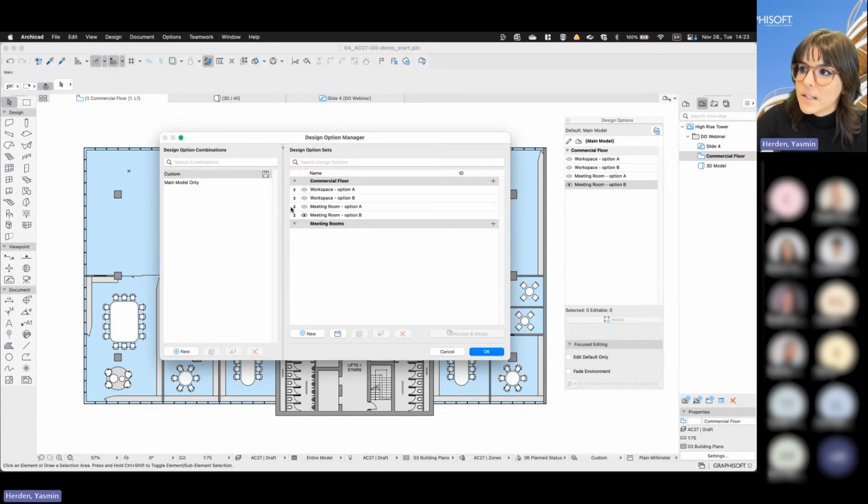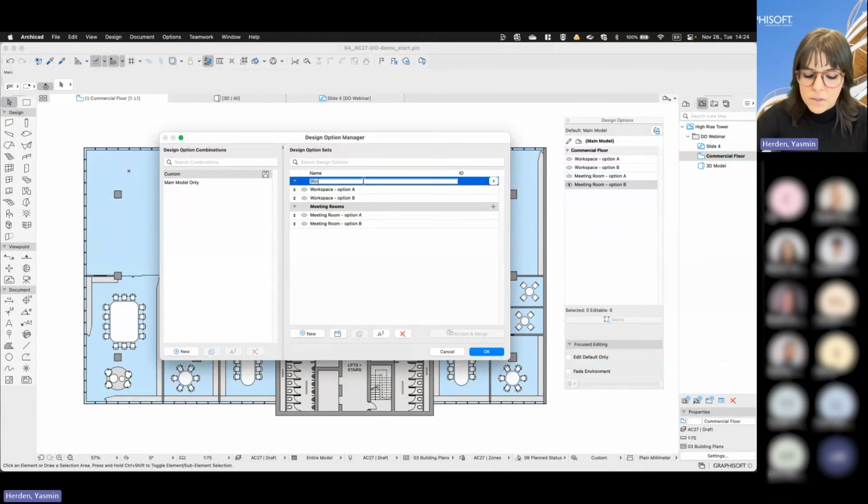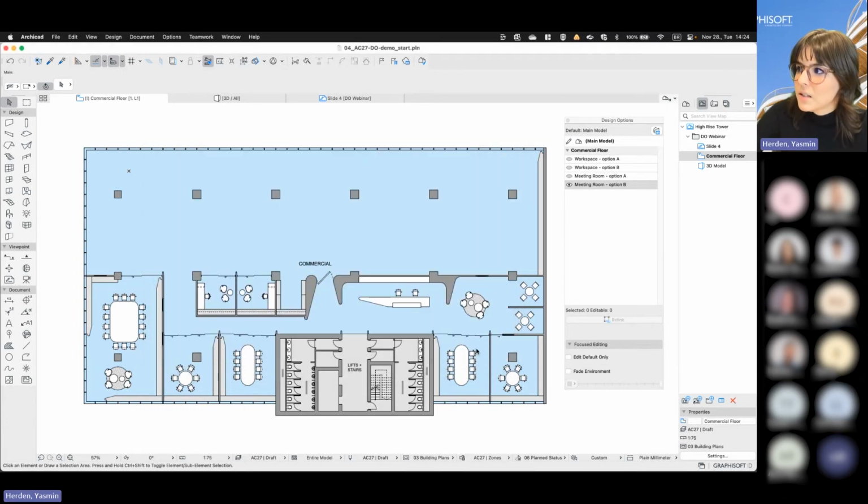And we can very easily just select and drag and drop these options into the new set. And this previous one, let's call it workspaces. This way we can very easily identify what each set is representing. So we have one set for the workspaces, one set for the meeting rooms. Let's click OK and see